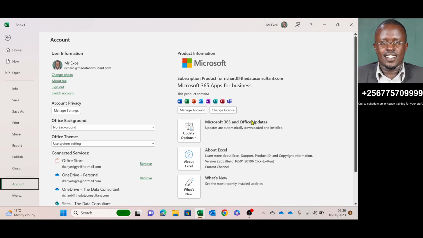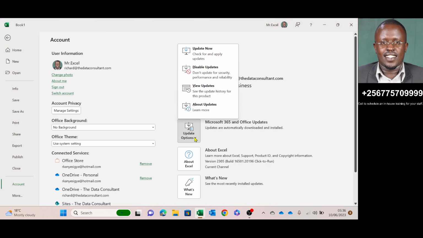If you find that this button is yellow, then there is a problem. Then probably your updates have not been applied. You should also ensure that you see this button. Okay? If you see enable updates, that would mean that you have not enabled automatic updates. I advise that you always enable updates so that you can get bug fixes from Microsoft